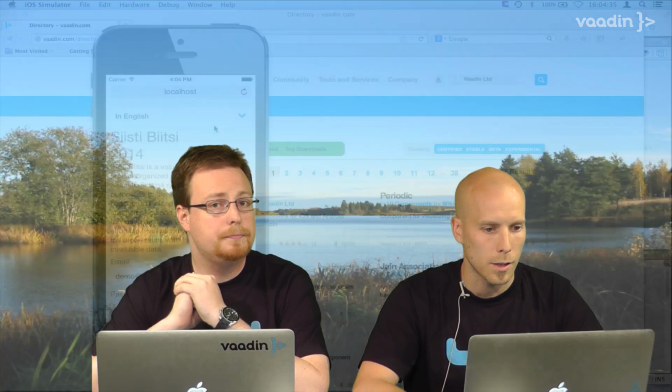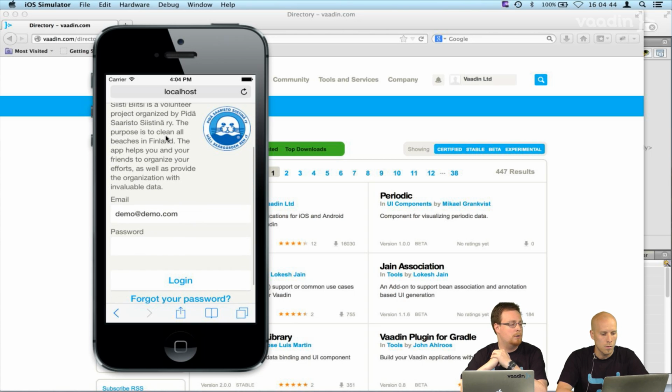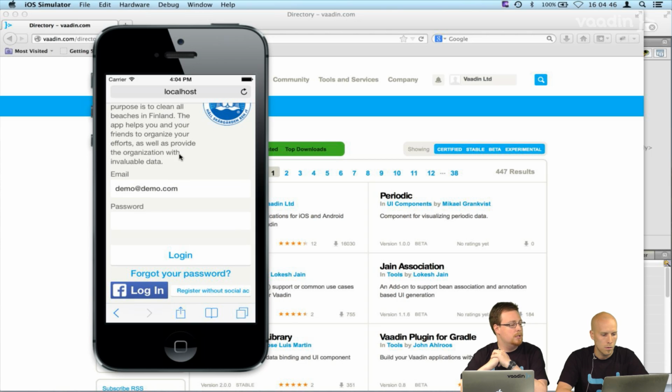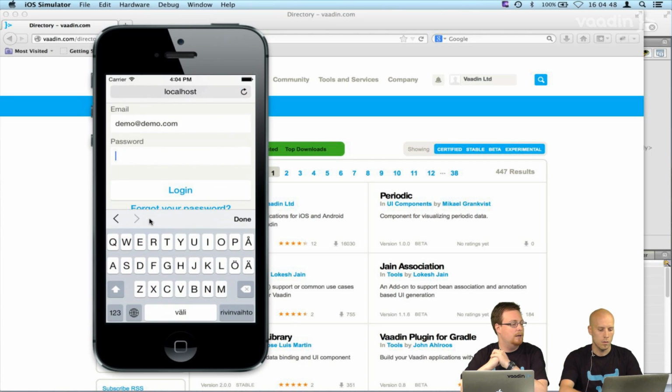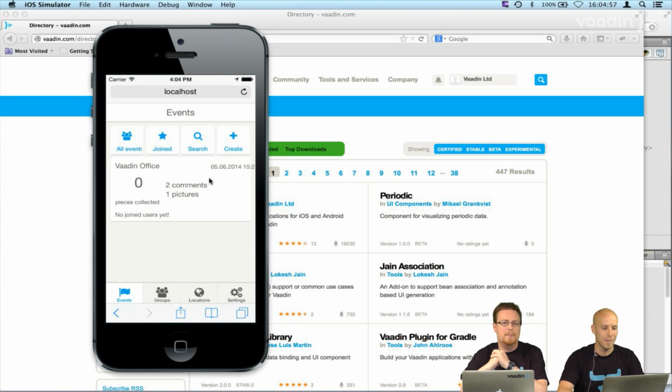I have the application actually running here in the simulator, so we can look at how it works a bit. Very, very simple. There are not many screens here, but you can see a login page immediately. There's also a Facebook login, but I still haven't registered to Facebook, so let's just use the regular one. Basically you just register, you need an email address and a password, and that's it. We don't really track anything else, just so that we know who's been doing what.